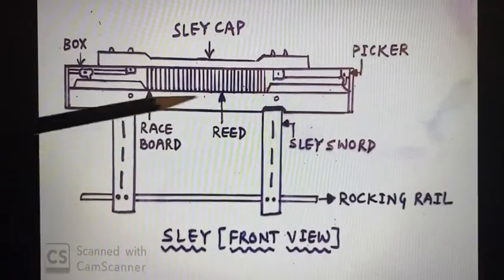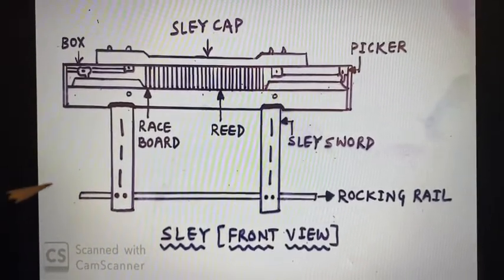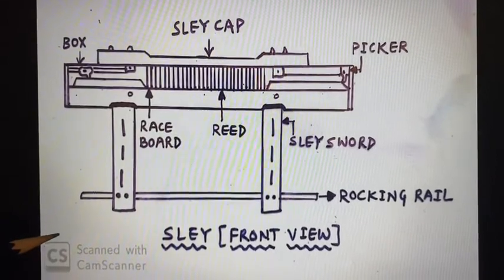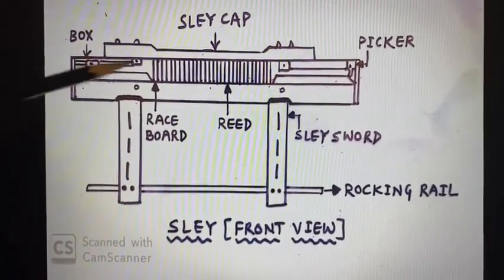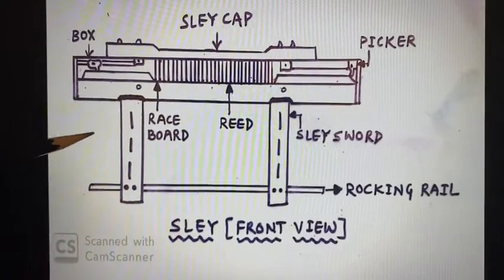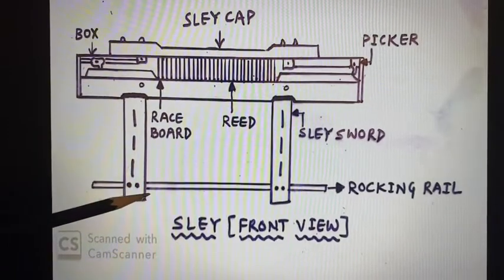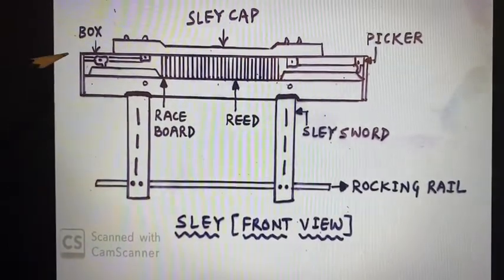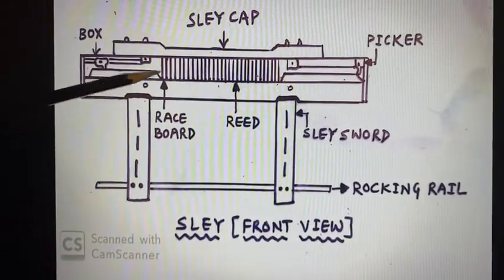So here in this diagram, we are indicating the front view of the beat-up mechanism. As I have explained, you can see all the important parts and how they are arranged in the mechanism. So you can see the construction with the help of this front view of the beat-up mechanism. Here we are indicating the main part, the largest part, which is indicated here.